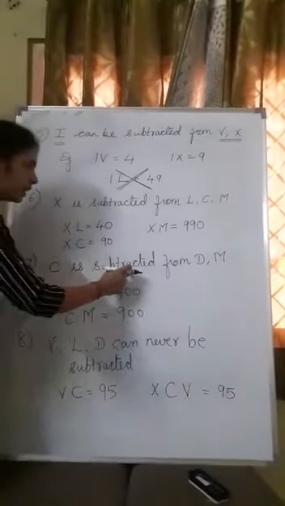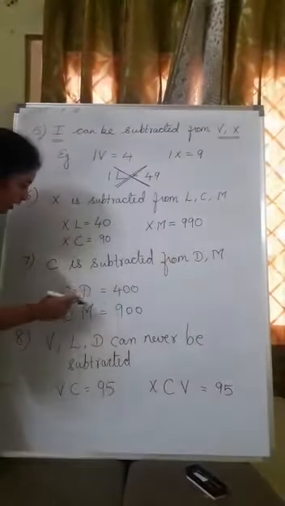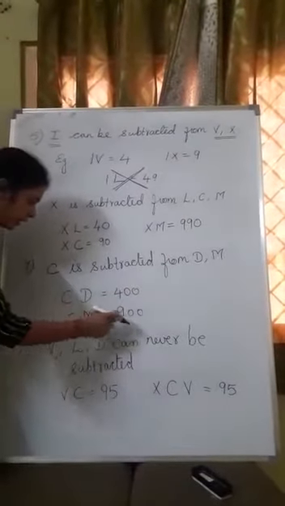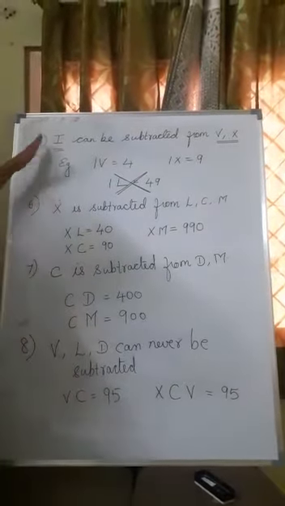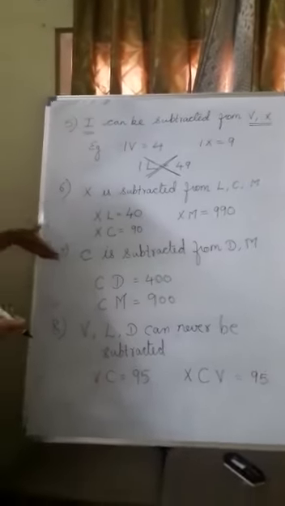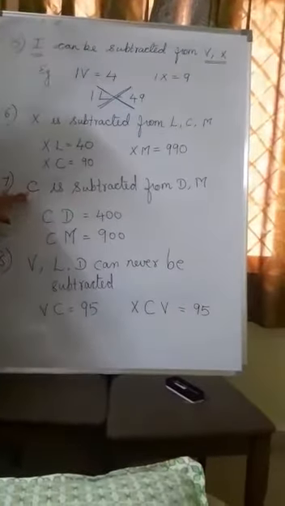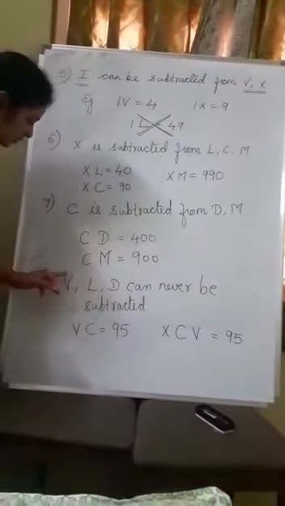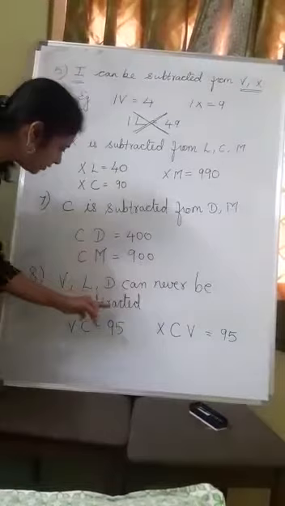100 is subtracted from 500 and 1000. So for 400 we will write 500 minus 100. For 900 it is 1000 minus 100. Now the symbols which can be subtracted are 1, 10 and 100. And there are 3 symbols which can never be subtracted. The symbols which cannot be repeated are V, L, D. Those symbols can also be never subtracted.